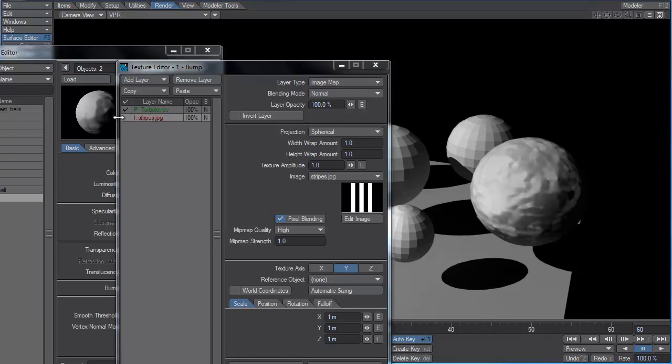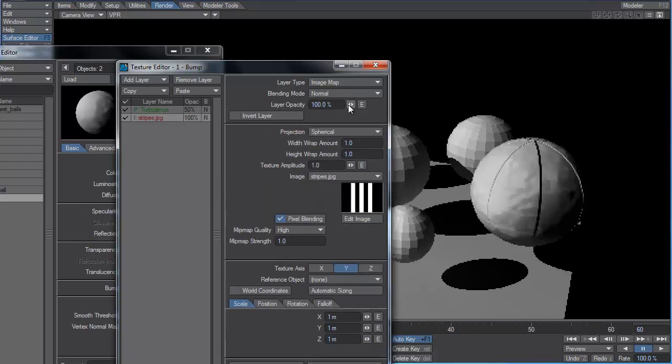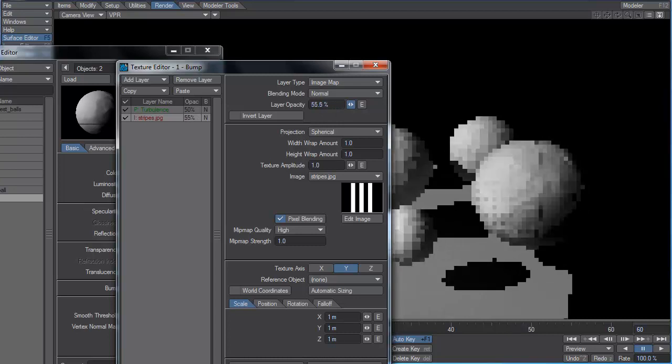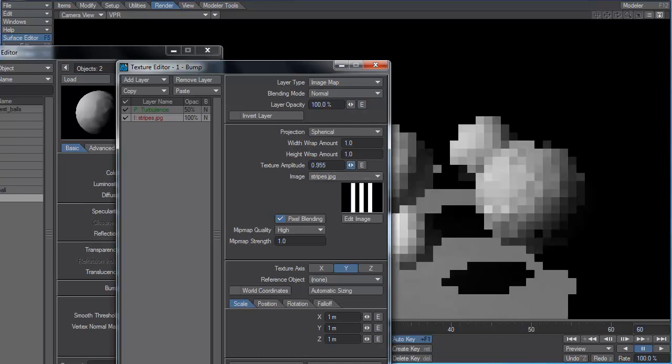We can simply turn stripes back on. You don't see it yet because the top layer is 100% opaque. So let's just turn its opacity down to 50%. And now we have the two of them mixed. We can also turn the stripes down to 50%, so we can actually effectively manipulate the amplitude of the bump here as well. It's one place we can do it, by its layer opacity. We can also do it here. There's another place we can